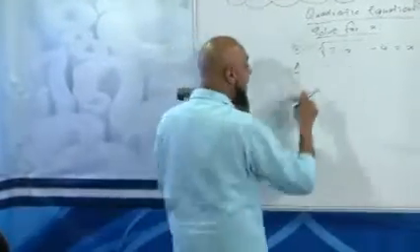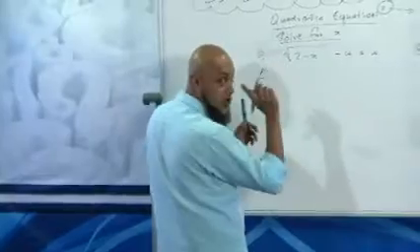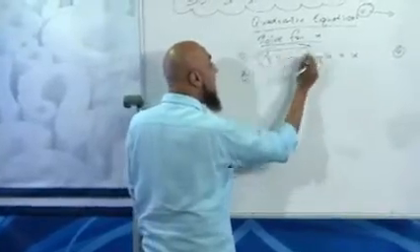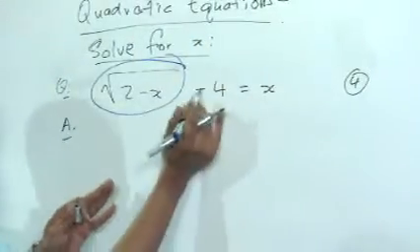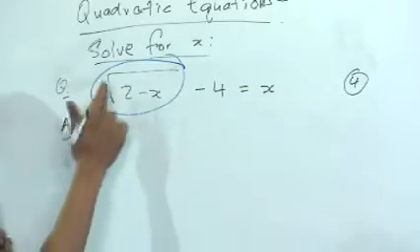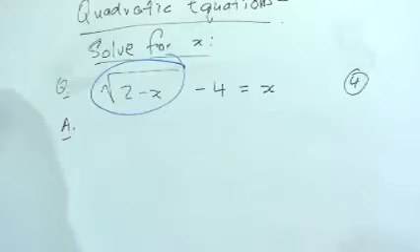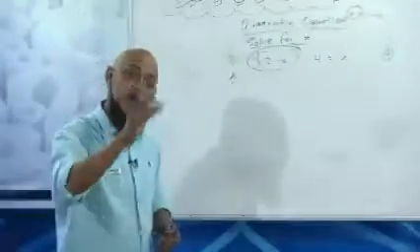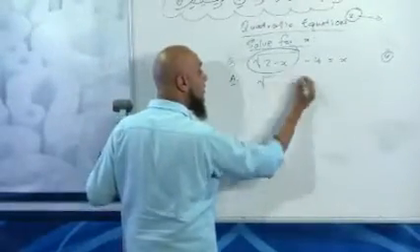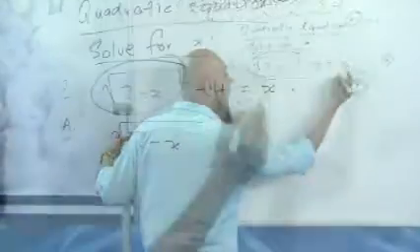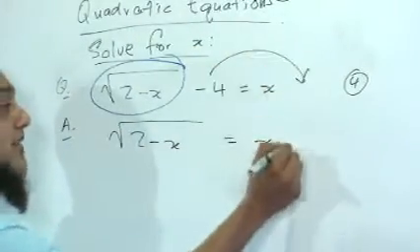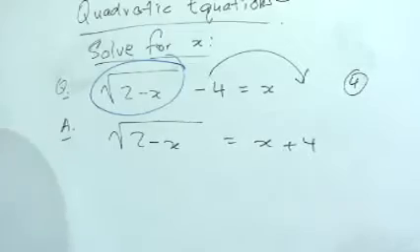So let's get started. What do we need to do? Okay, process. We need to get this on the one side of the equal to sign. Everything else moves. So what's stuck stays, what's loose moves. Positive or negative means they are loose terms. They move over. So we've got the square root of 2 minus x is equal to x, minus 4 will come on this side as plus 4. There we go.